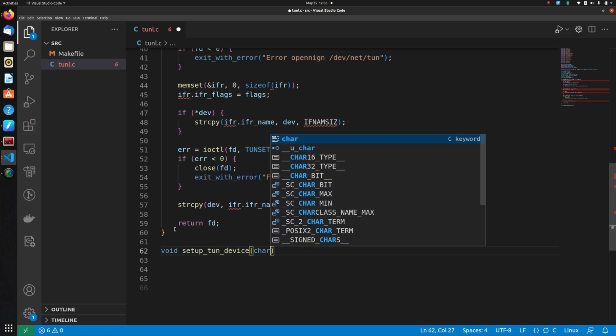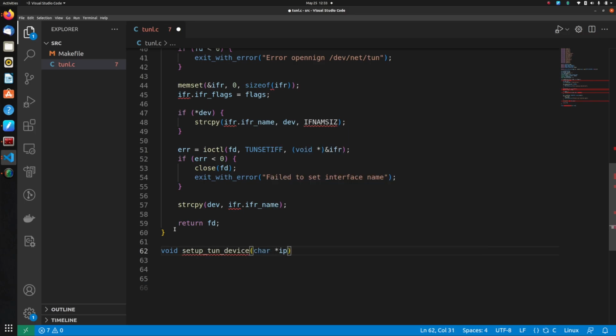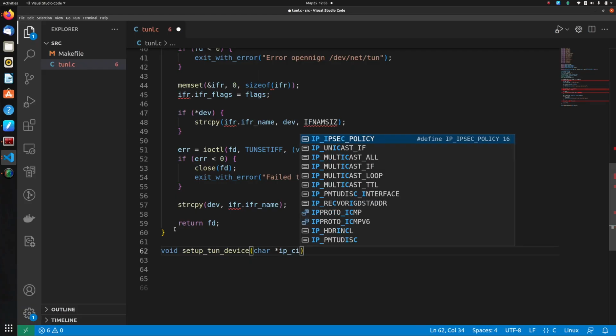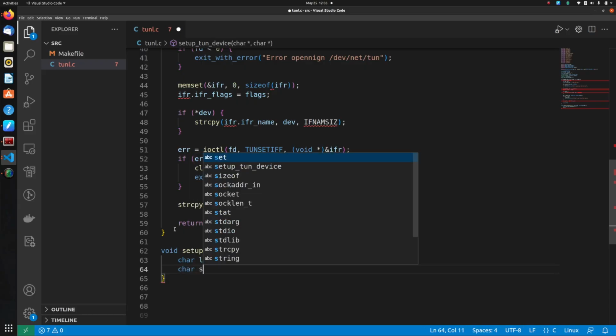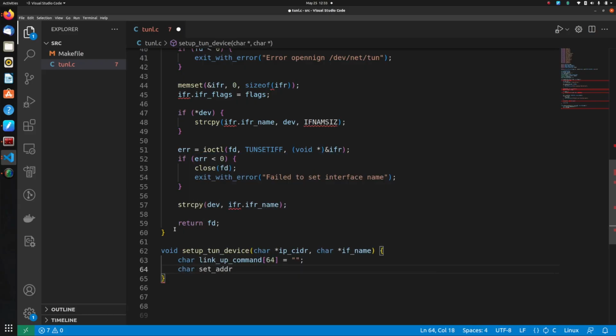and what I'll get here is the first parameter will be the CIDR, the IP CIDR, remember the 10.10.8.21 thing, and then the interface name, and then I'll just create a holder for the link up command. It shouldn't be more than 64 bytes or characters. Then the set addr command,